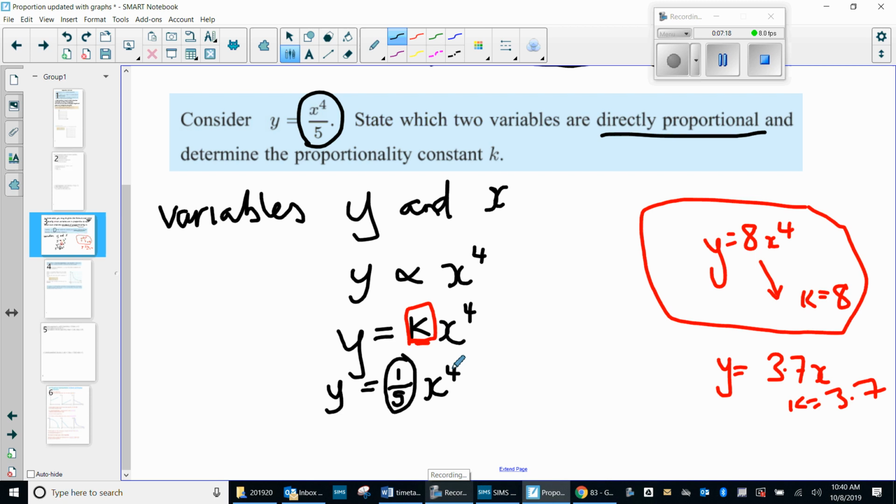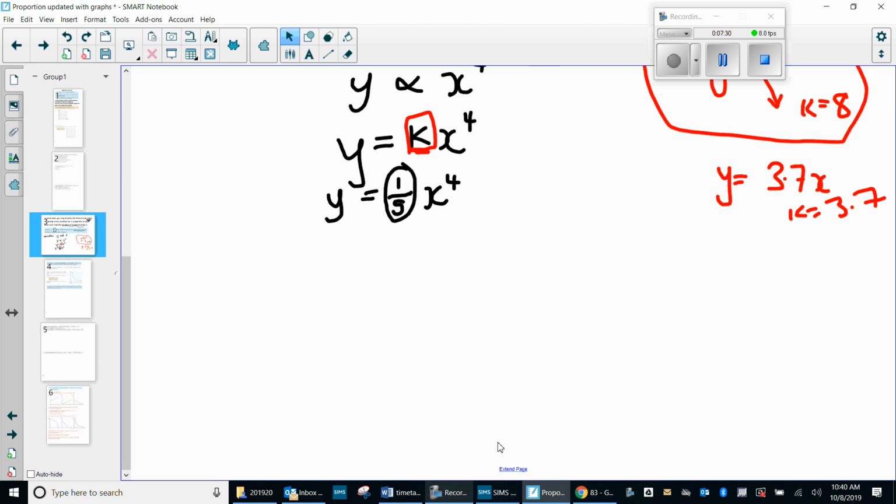Here's my x to the power 4, sweetheart. Yes, so that hasn't changed. If I had x to the power 4 over 5, it would be the same as having 1/5 x to the power 4. It's still there, darling. Because we're not substituting something, we're just separating it. Okay? So what I've done